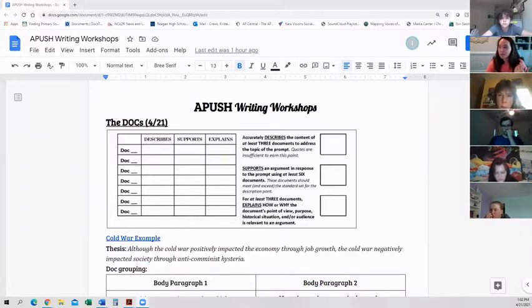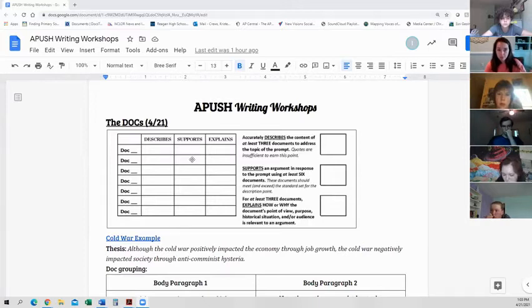And therefore it makes how they use the documents more difficult, right? So for sure, the most important part of this is having a good thesis statement. But it is also important to know that you can still earn the supports point without necessarily having earned the